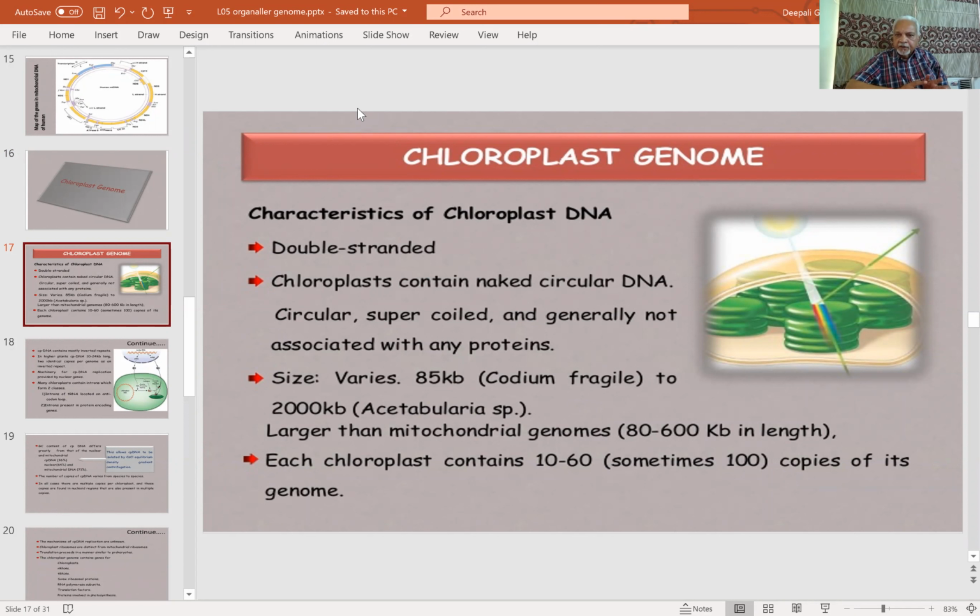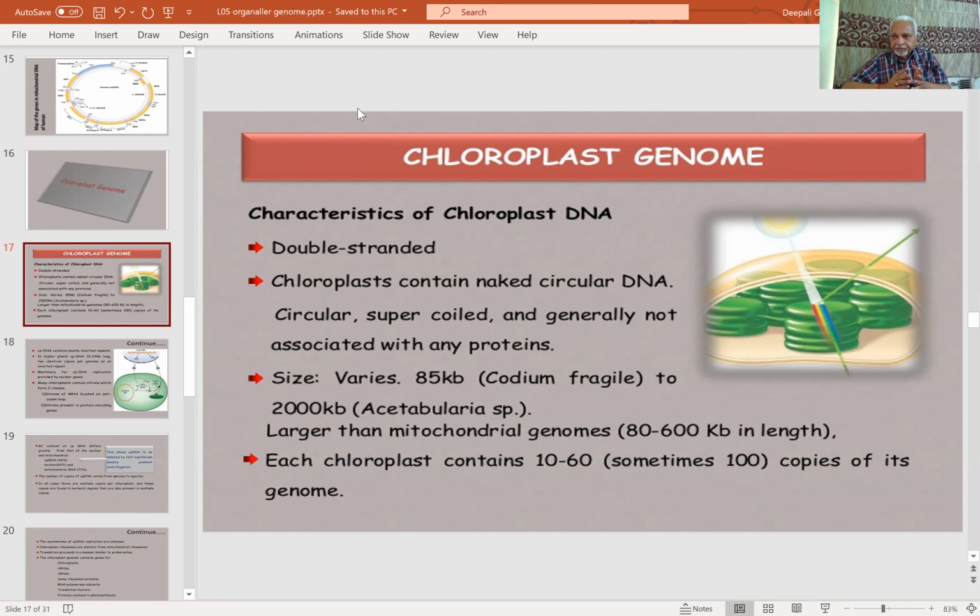Like mitochondrial DNA, chloroplast DNA is also double-stranded circular DNA, and it contains naked DNA, like mitochondrial DNA, in the sense that it is not associated with any protein like what you saw in nuclear DNA, which organizes itself in the form of chromatin. Now, that is this sharp difference in organelle DNA or the genome and the nuclear genome. So it's the naked